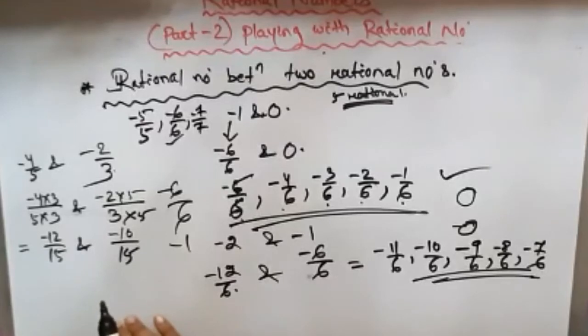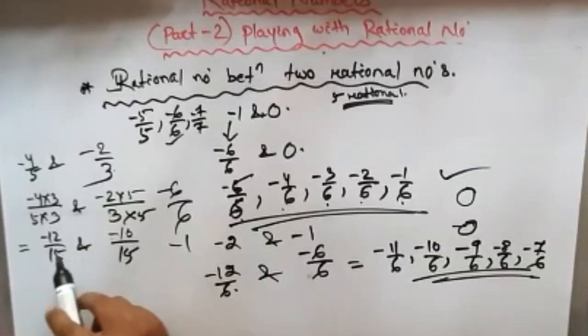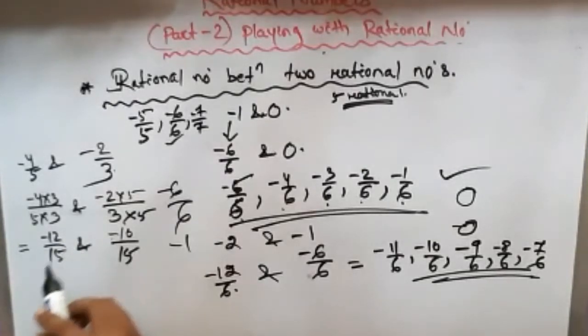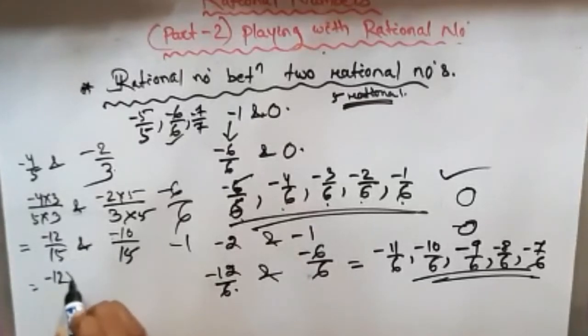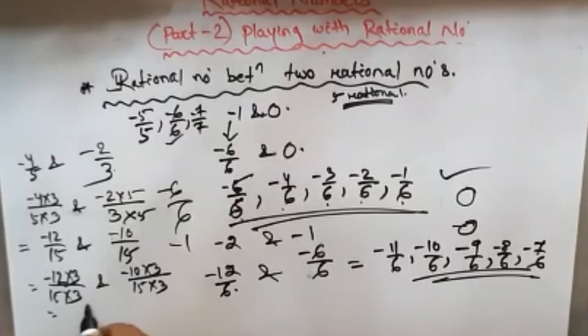Okay, so now between minus 12 by 15 and minus 10 by 15, I have to find out 5 rational numbers, but here I can find only 1 or 2, because the difference between minus 12 by 15 and minus 10 by 15 is only 2. So how can we increase this? If I multiply by 3 here: minus 12 into 3 divided by 15 into 3, and minus 10 into 3 divided by 15 into 3, which is equal to minus 36 by 45 and